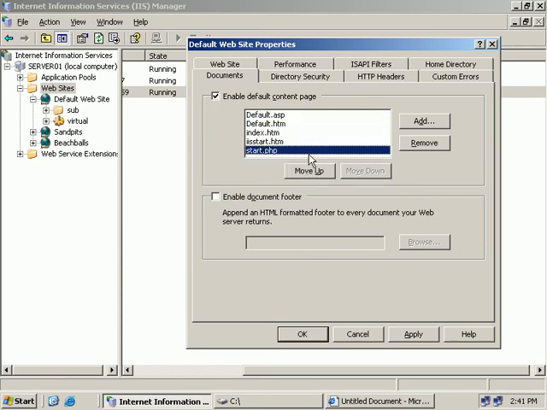Otherwise, start.php will never load. Now we also have the option of specifying a footer page which will be added to every page that's displayed in our website. Now this makes it easy to maintain a single footer page rather than having to update every page on your site if you need to add or remove an item that normally appears at the bottom of